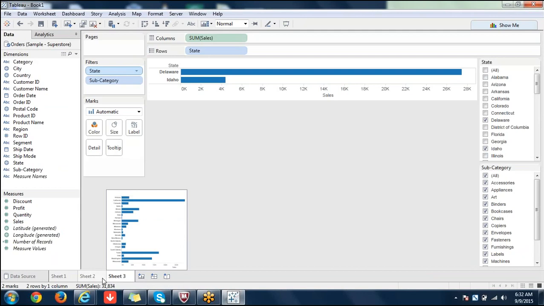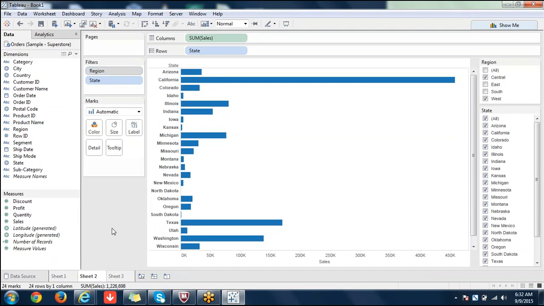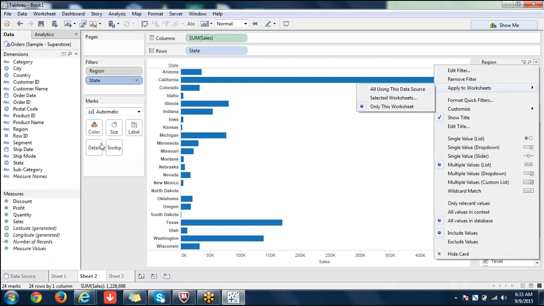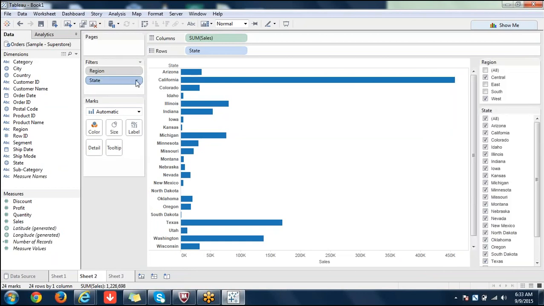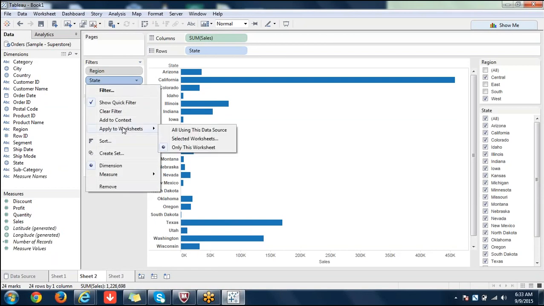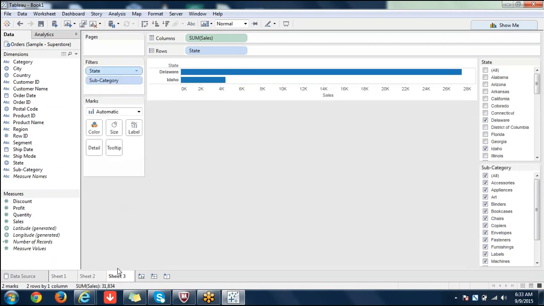One more thing. There is something called a global filter in Tableau. Wherever you see this, here apply to worksheets is there. Not only here, we have seen it here also. Both are same, no difference at all. So you can select any worksheet. What this means is, you select any worksheet here, the filter will automatically apply to the worksheets which you developed. For example, I'm selecting region. You're not seeing region here, right?